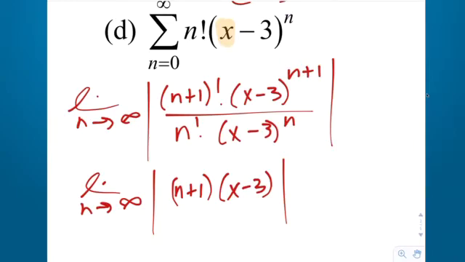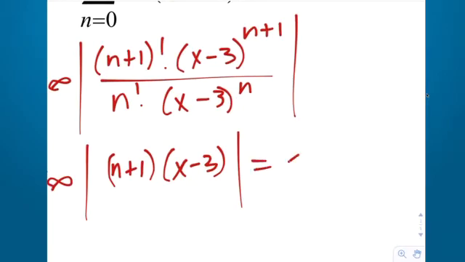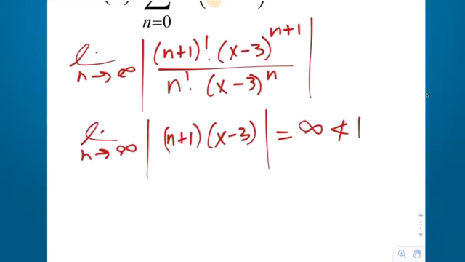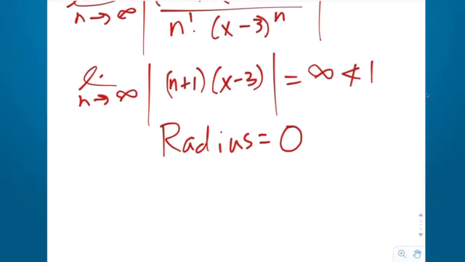So what happens to n plus 1 as n goes to infinity? It goes to infinity. And what's infinity times a constant? Infinity. So this equals infinity. Remember, this only converges when it's less than 1. Is infinity less than 1? That's funny. It's not. So are there any values of x that's going to make infinity less than 1? No. So guess what the radius of convergence is? Very good. The radius of convergence would be 0. And now the interval, there is no interval of convergence, right? We would just say that this one converges